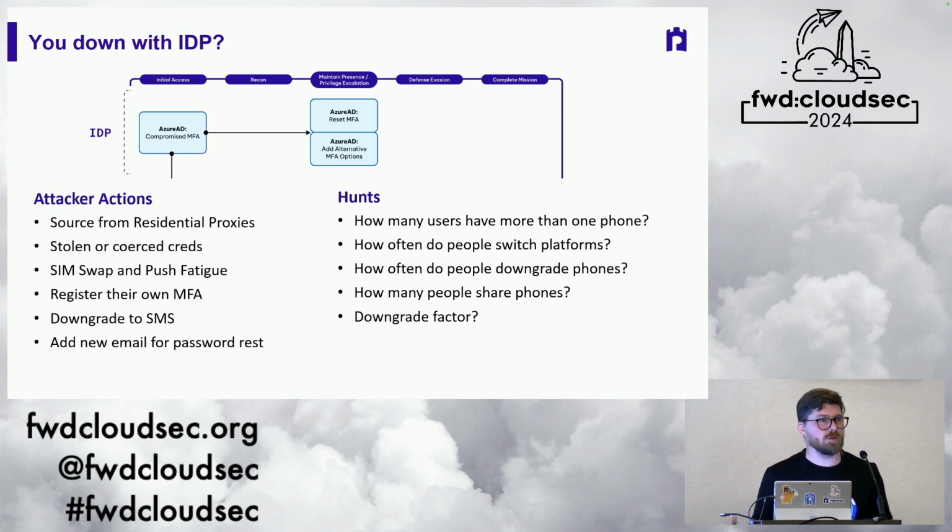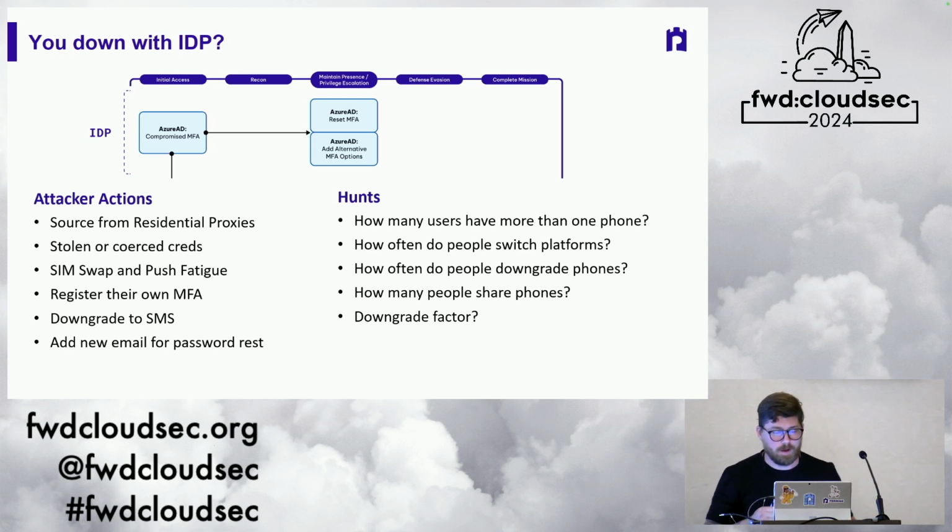With all of your modern IDP solutions, you can have more than one device associated with your identity. By default, Okta's limit is 5, Azure is also 5. I'm sure Ping has a similar number. But this is where we start getting into some of our actual hunting opportunities, right? How many people have more than one phone in your environment? You're going to have a couple, but probably not too many. How many people switch platforms? I've only ever seen these guys register Apple devices. I've never seen them register an Android. How often do you see somebody go from Android to Apple or back and forth? Around the holidays you see a little bit of it, but not too much. It should be a small enough data set to hunt through.